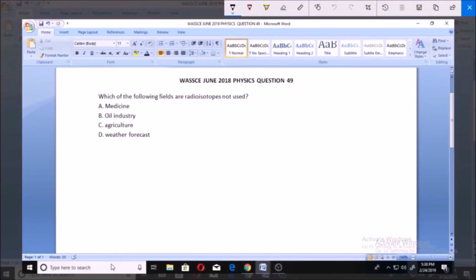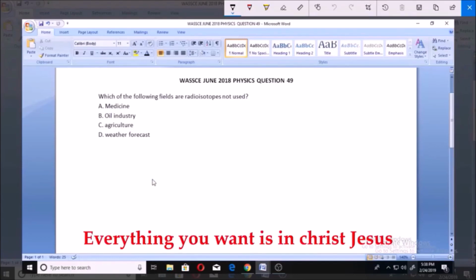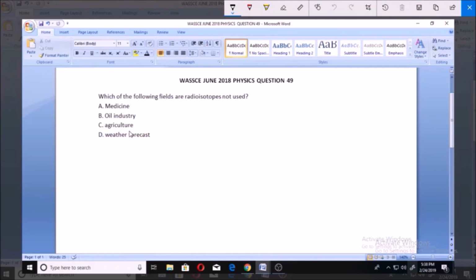Yes, let's look at this problem. Question 49, WAEC 2018 physics. In which of the following fields are radioisotopes not used? Now, if you check out the uses of